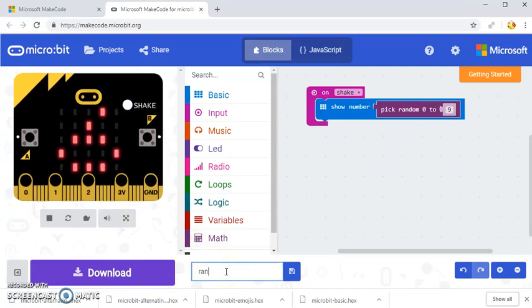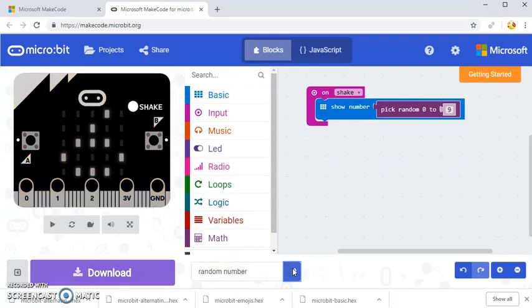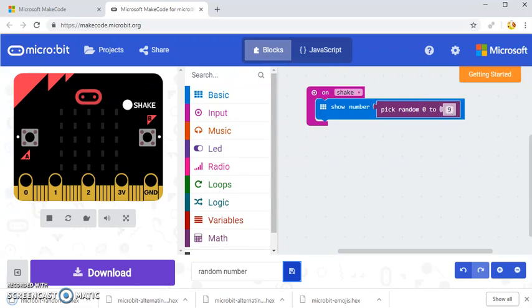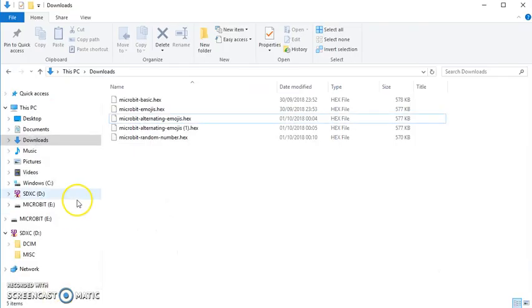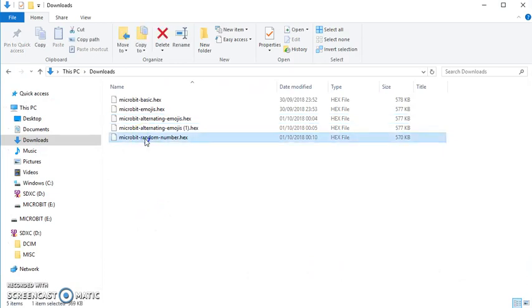Okay, so again, I'm going to just name it. So here I'm just going to put random number as my name. I'm going to save it. And again, when I go into File Explorer here, I can see that I've got my microbit random number. And again, just to remind you of what you need to do to copy it across, you just select it,